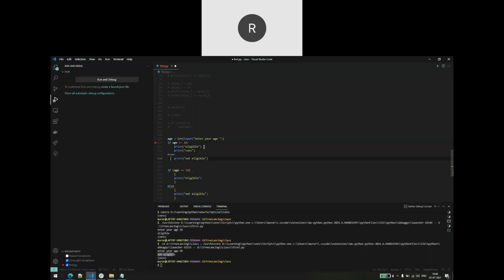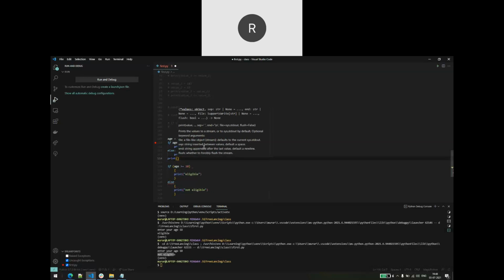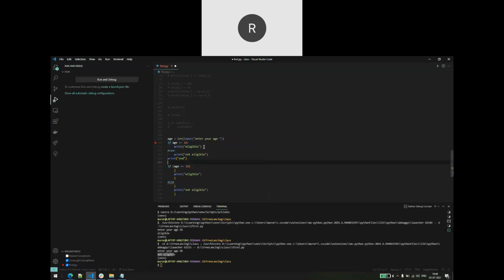If you see the else block, we are giving a tab over here, so one indentation, which means everything which is indented inside the else is going to come inside your else block. So if I print end over here, which is not indented, in the sense there is no space, it is similar to your whole main level. So this end is not going to be a member of this else block, it is going to be a member of this